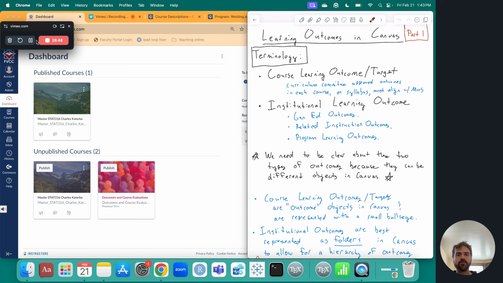So at the root of this, there are pieces of terminology that we want to be clear on. And the terminology will help inform our understanding of the structure of outcomes in Canvas. So first and foremost, we want to make a distinction between two different types of outcomes. At the lower level, we have simple course learning outcomes. Now, course learning outcomes, as you all know or should know, are approved by curriculum committee. There's a process for them, and there's a set of outcomes for each course. The learning outcomes show up on your syllabus, and to some extent, they must align with some Montana University System